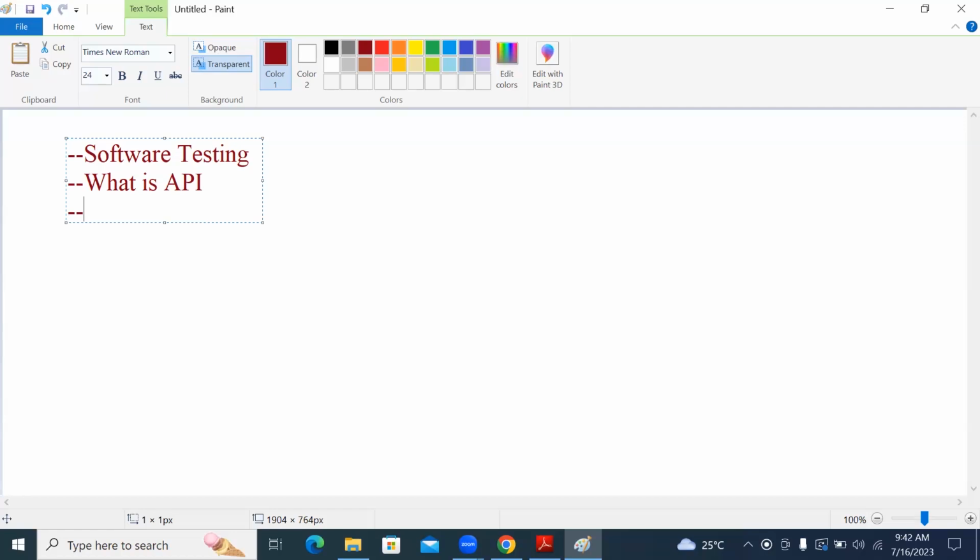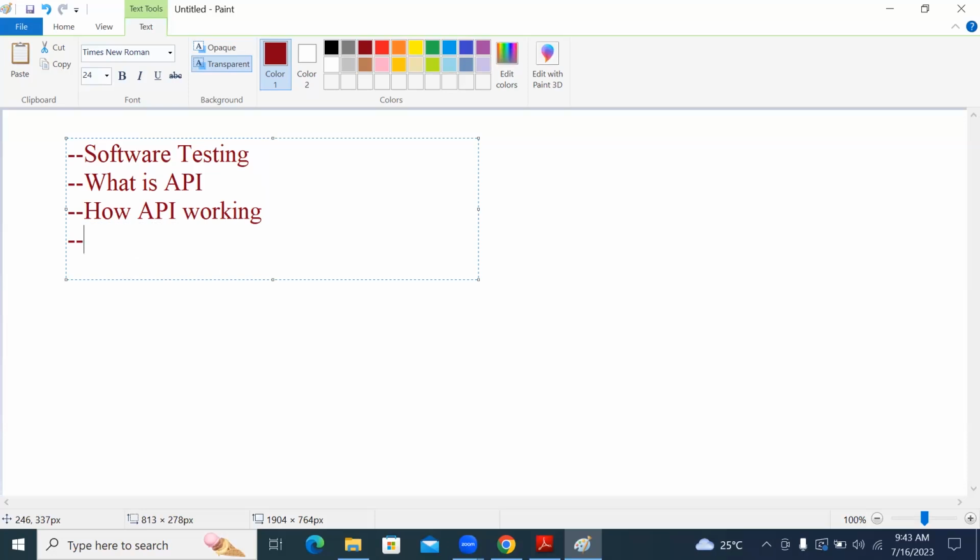First, we'll understand what exactly that API is, and after that, we'll understand how the API works in this particular real-time industry. How exactly API is working, we'll understand that.